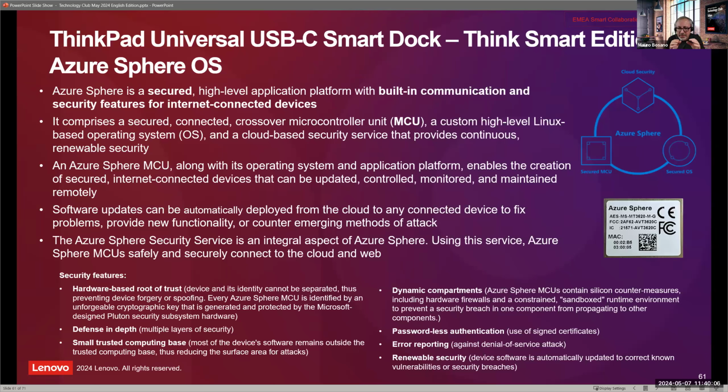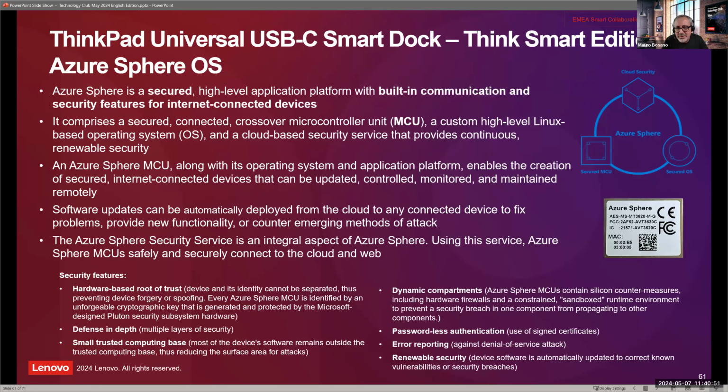So the hardware has to be specific for Azure Sphere. Actually, we are talking about an MCU, a microcontroller unit, that is running a Linux kernel with an operating system and an application layer that is defined for IoT devices by Microsoft for a fully secure connection to the cloud Azure services. So there are plenty of details about the structure of the Azure Sphere operating system and the underlying